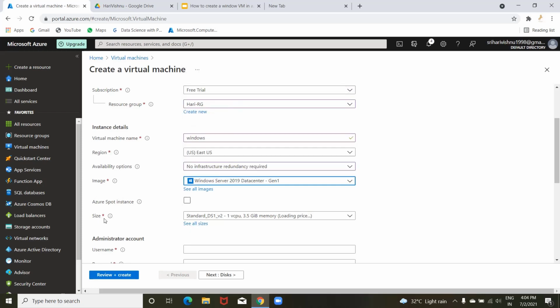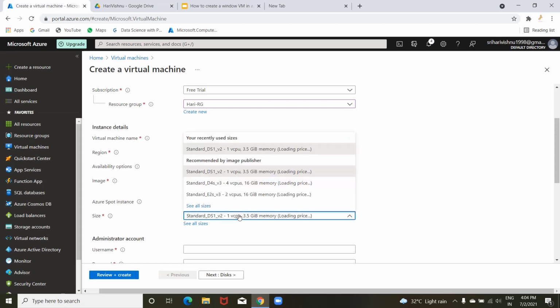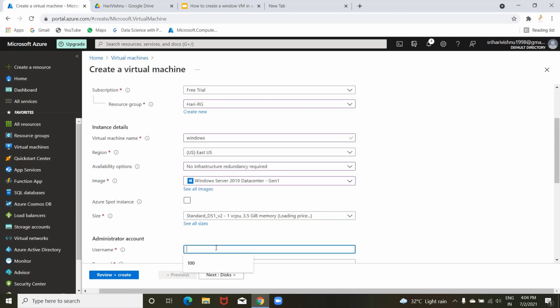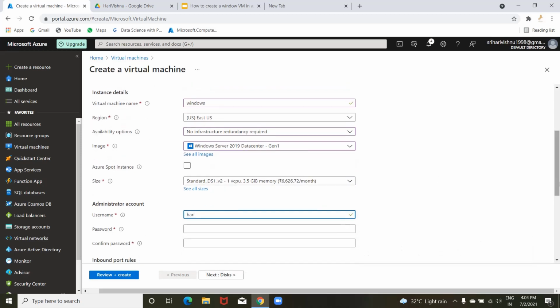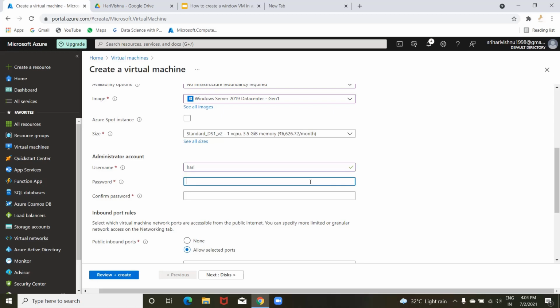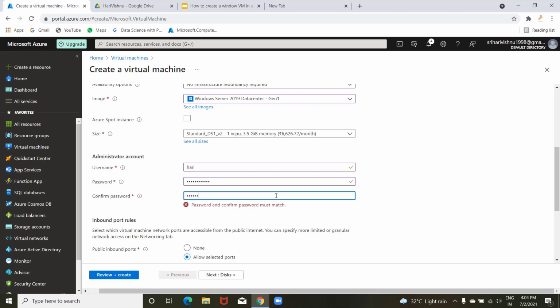For the size, this is the minimum price, so we can click this minimum. The username is your choice, but here I will give my name. The password should include lowercase, uppercase, and special characters, so act accordingly.